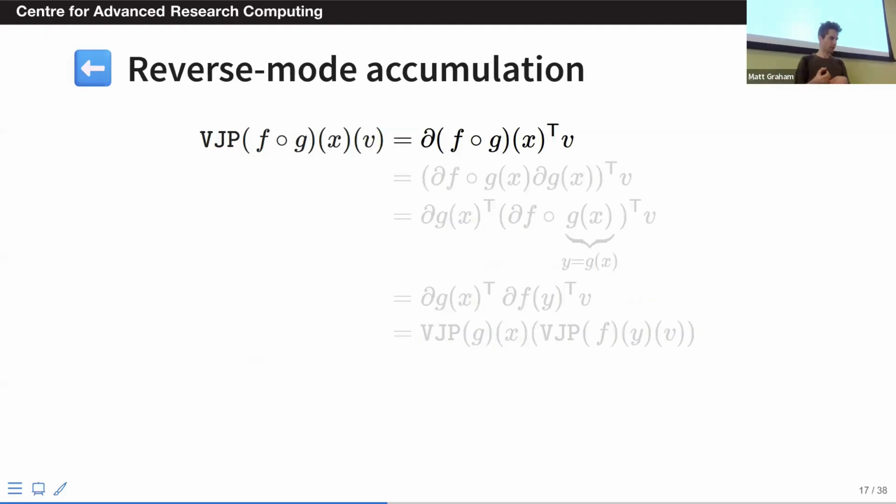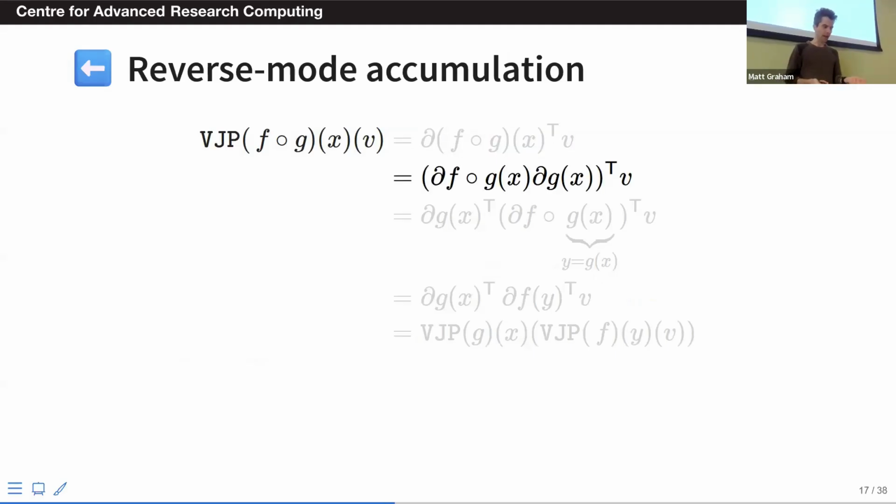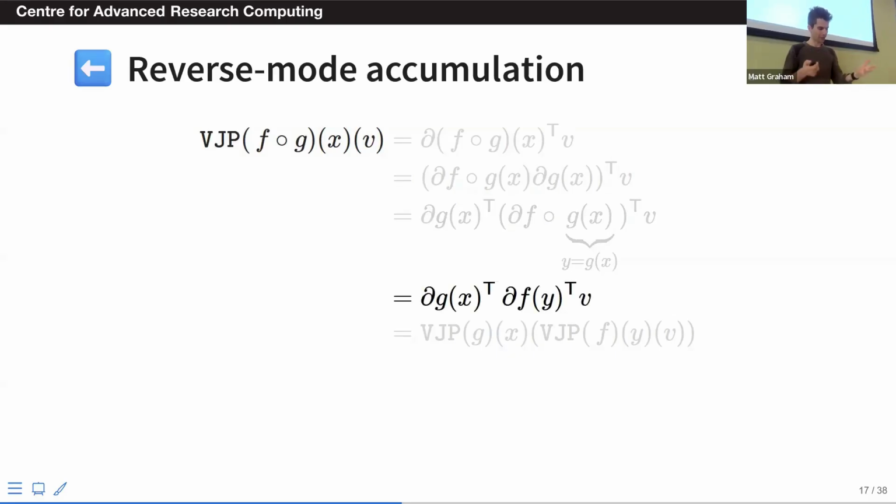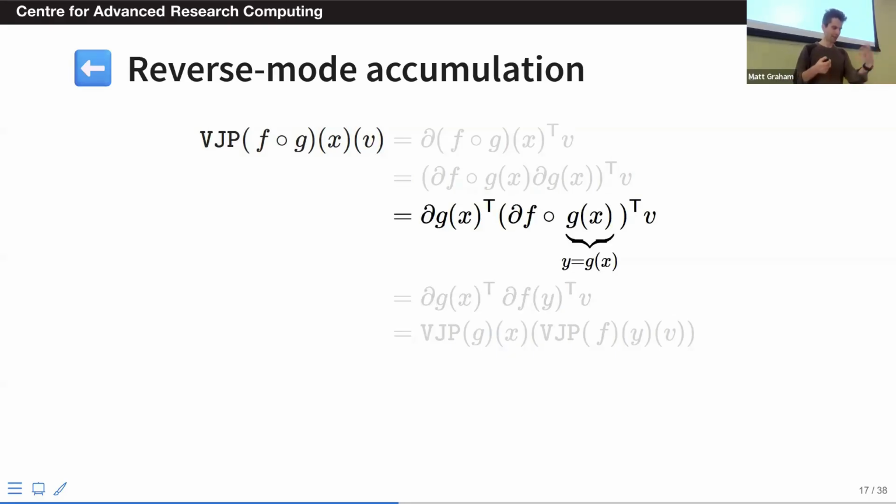So we can do the same sort of trick for the vector Jacobian product. Again, just expanding the definition, using the chain rule, then using that the transpose of a product is just the product terms transposed in the opposite order, so that if we continue with this, again labeling g of x